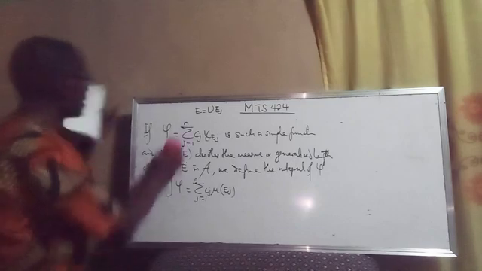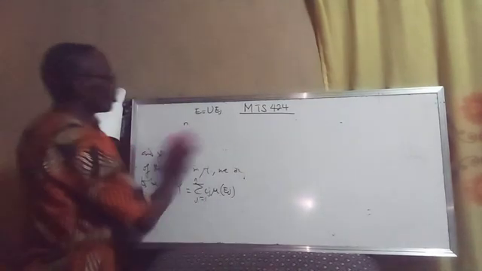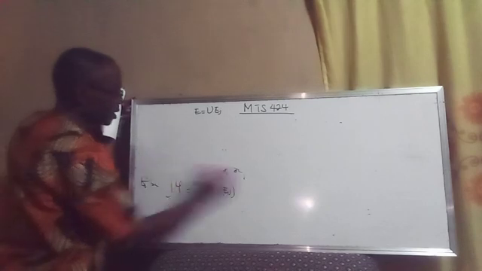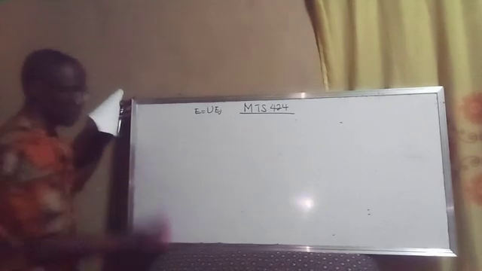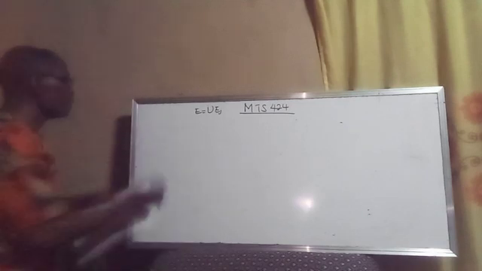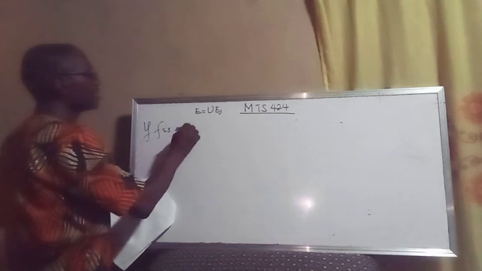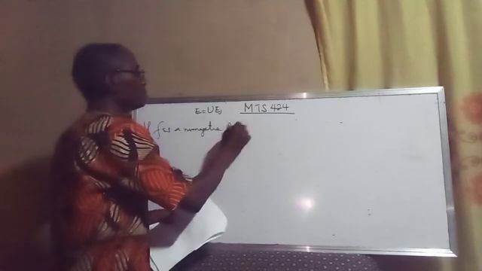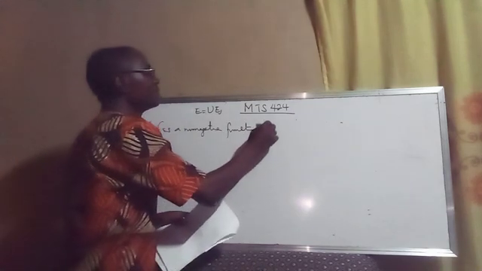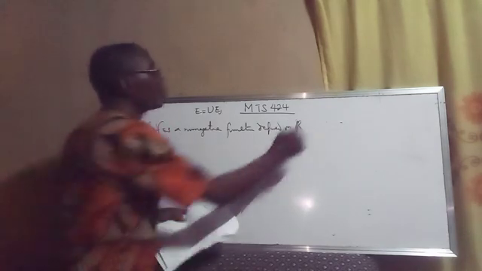So let's quickly write that and see how we are gradually coming to the Lebesgue integral. So if f is a non-negative function defined on the set of real numbers,